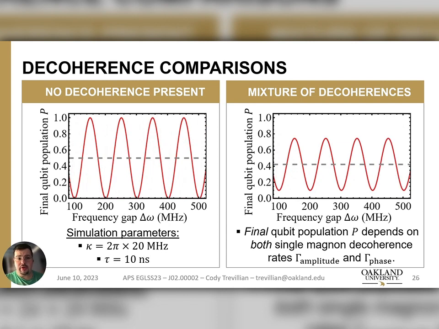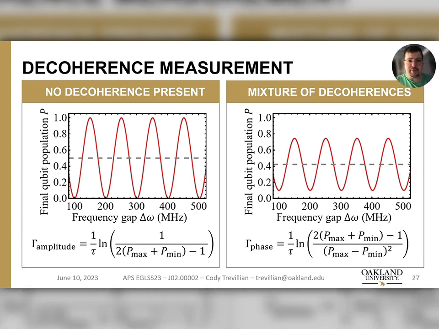Here, the interference patterns are generated by changing the frequency gap, and to recover the noise rates, we need only measure the maxima and minima of the qubit population. And instead of a curve fitting approach, we can utilize these nice and neat looking equations to recover separately the noise rates. And so this really is the sort of key punchline of this whole pitch: here are these equations, and we can go and measure our noise rates separately in our system using this temporal magnon-qubit Mach-Zehnder